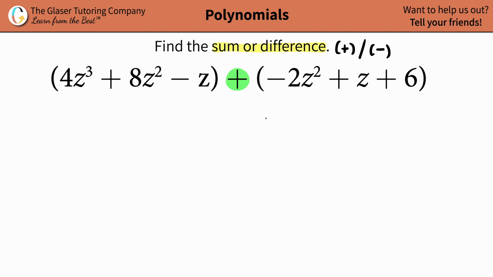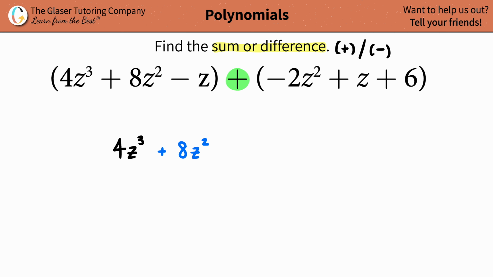Now, since we're adding, let's not use our parentheses anymore. So let's just rewrite it with no parentheses. And to make it easy on yourself, let's color code. We love using different colors on the channel. Me personally, I love using different colors. It's fun, it's cool, and it gets the job done. So let's start off with a z cubed, 4z cubed. And I guess we'll start off with black for this one. So we've got 4z cubed. Now we have an 8z squared. That's a different term, so I'm going to use maybe blue for that one. So plus 8z